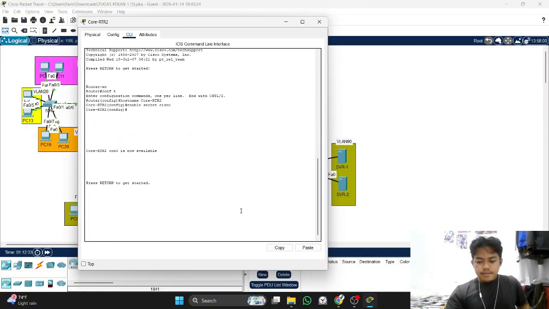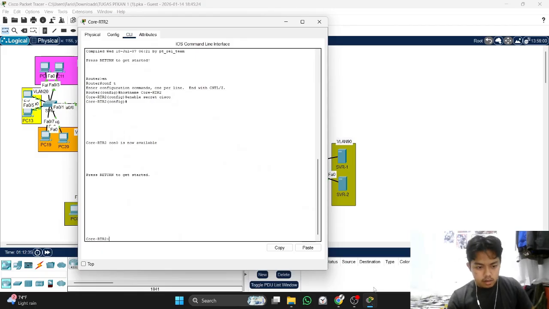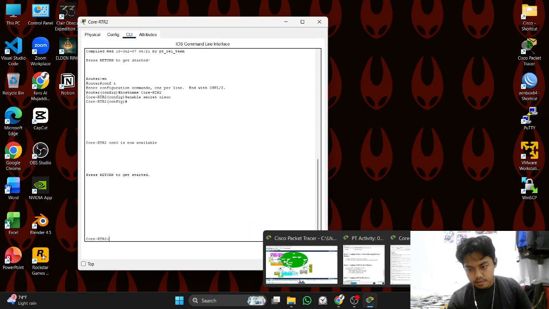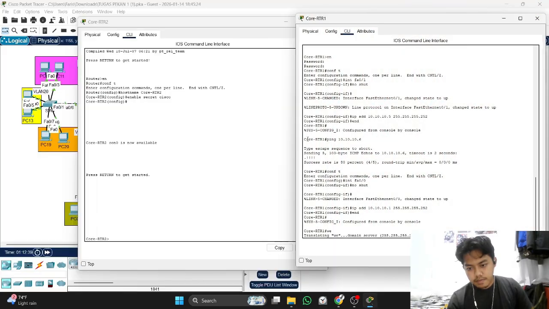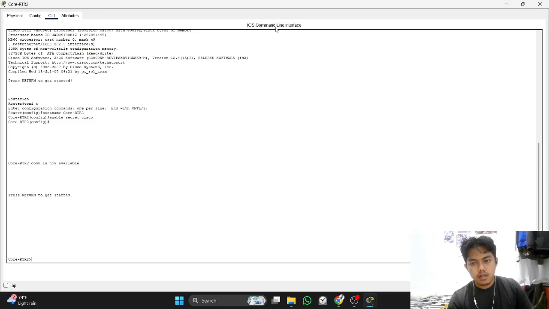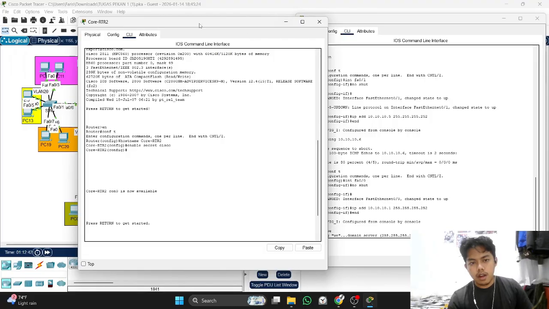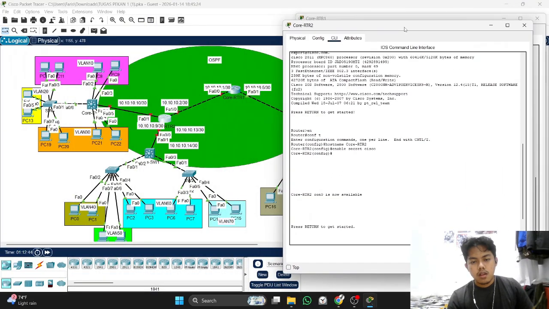We go to the other router, that's core router 2. Configure like before. Look at the interface going to the other router, and then we configure the no shutdown and the IP address.